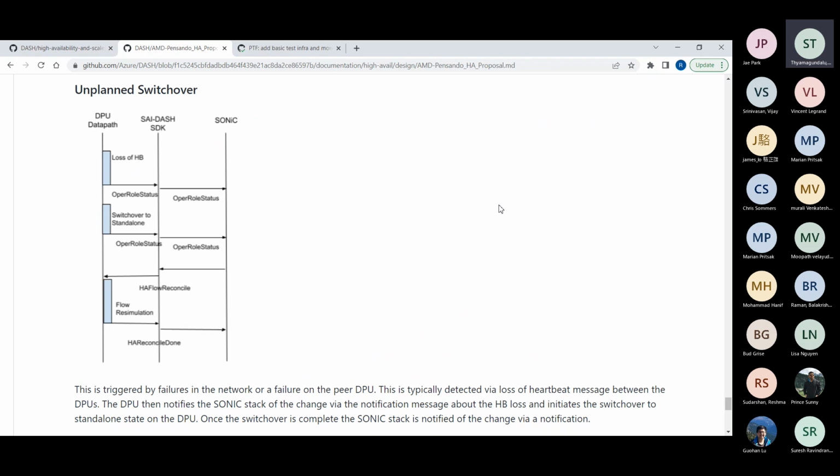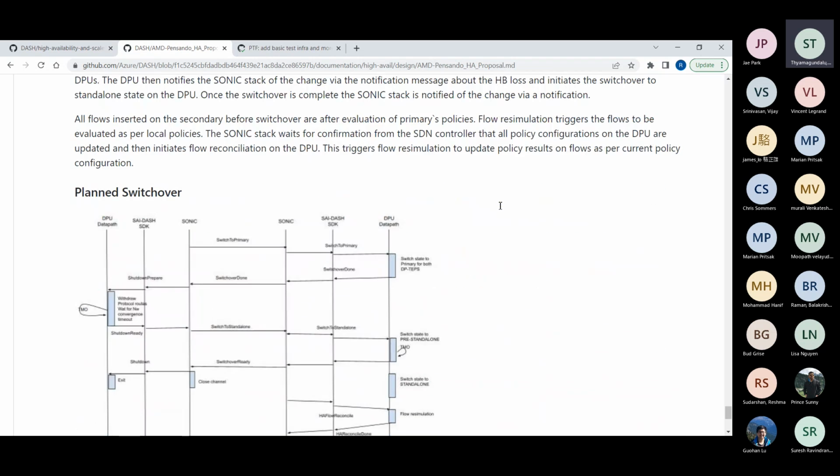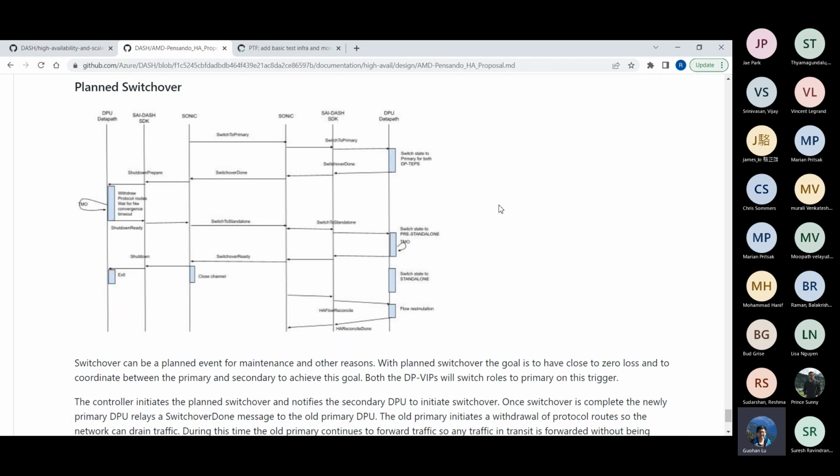Oh, I see, in the state machine itself. I'll add that. In this thing, the compare check start sync, I think this is the switchover part. It just says there's a switchover, but the pre-standalone state is not defined. I'll add that state. And what is the behavior? We need to define that behavior as well.